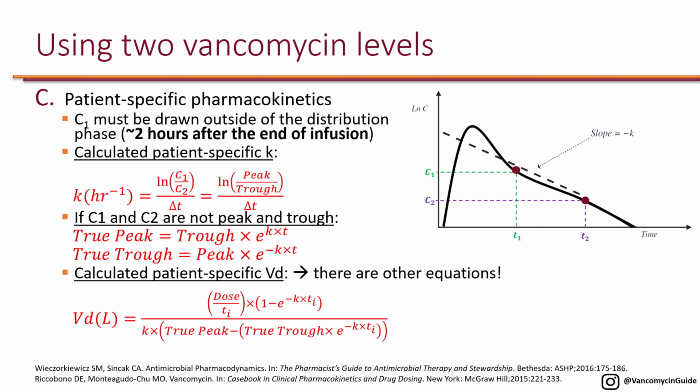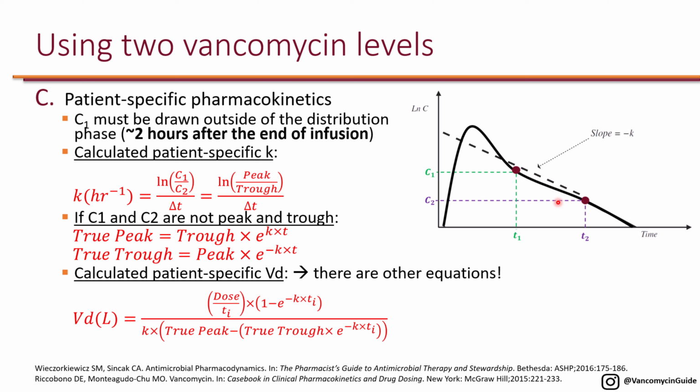Now let's take a look at patient-specific pharmacokinetics. This is when we actually get two levels in the patient in order to precisely calculate the slope of the line, which is the negative K. So the K constant. Now for this we need two levels. The first level is C1, and we have to make sure that the C1 is drawn at least 2 hours after the end of the infusion. So this ensures that the level is outside of the distribution phase